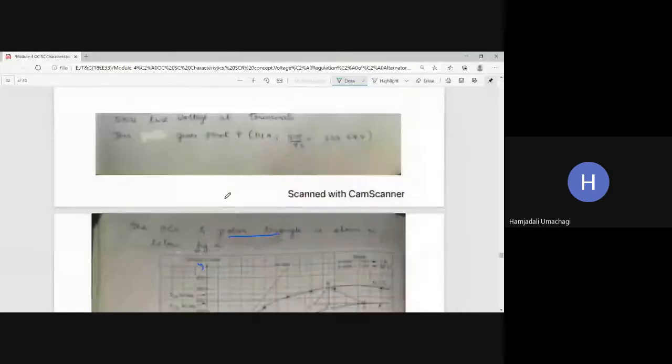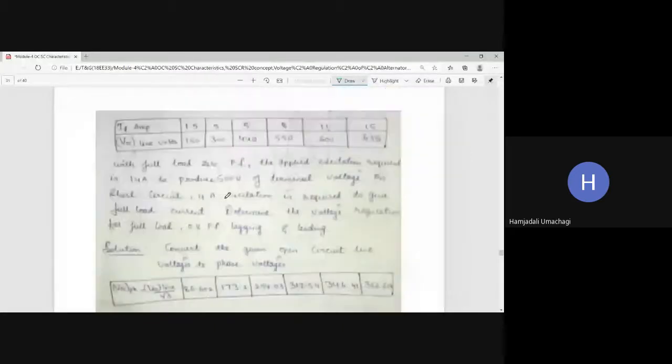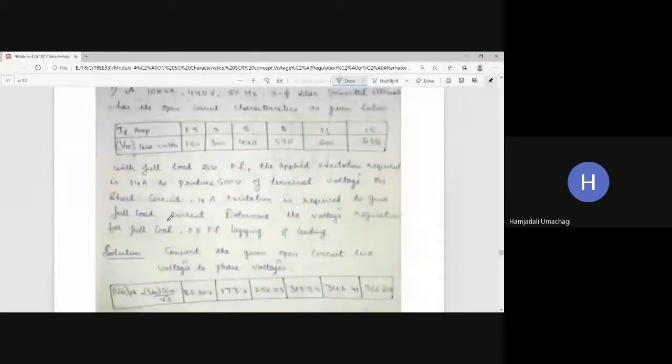Yes, sir. Okay, fine. Now, like how you have plotted the OCC graph for the EMF and MMF method, in the same way, first prepare this OCC curve. To prepare it, you need the field current versus phase voltage. For a field current of 1.5 ampere, the required voltage to get 86.602 phase voltage, the required excitation is 1.5.